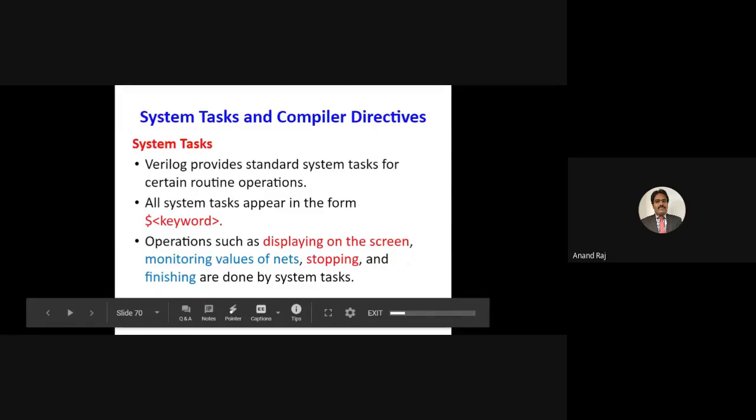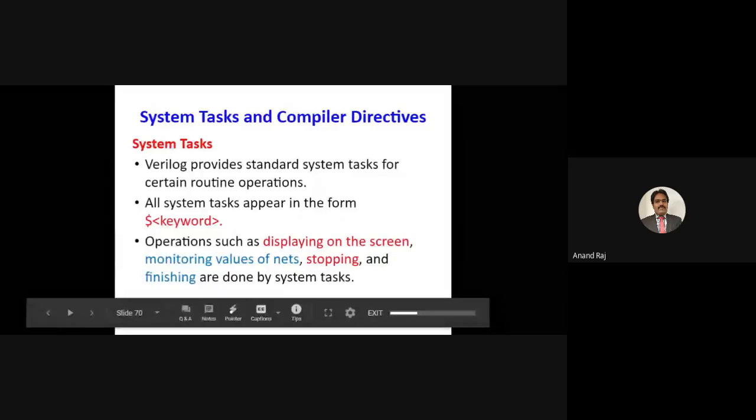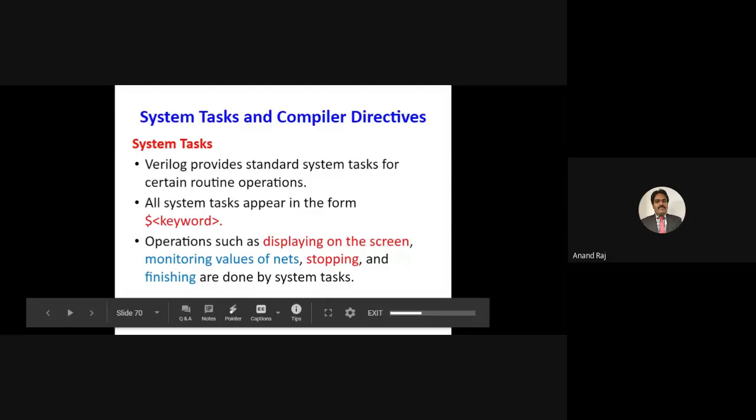A system task appears in the form $keyword, for example $monitor, $display. $time, which was discussed in your previous class, is an example of a system task. Operations such as displaying on the screen, monitoring the values of nets, and stopping and finishing are done by system tasks.